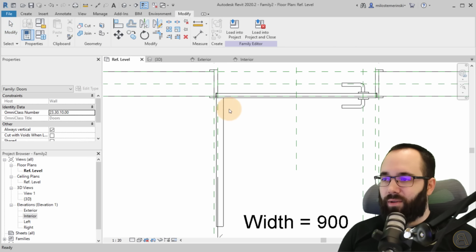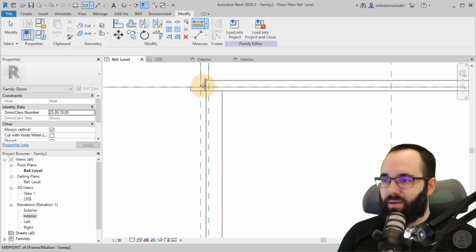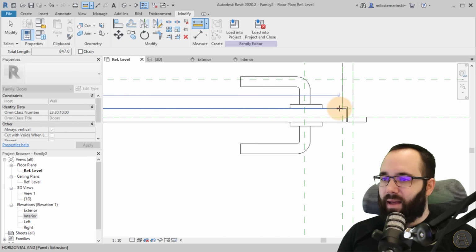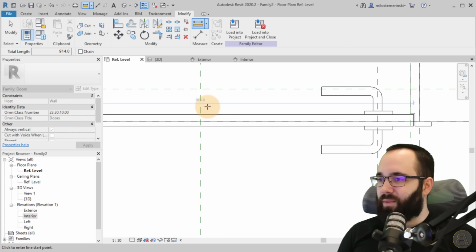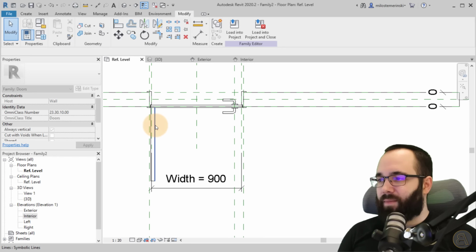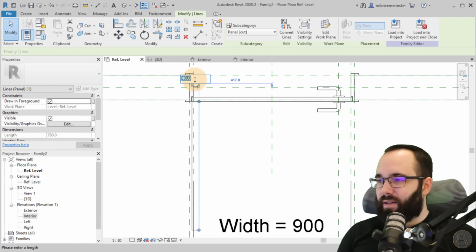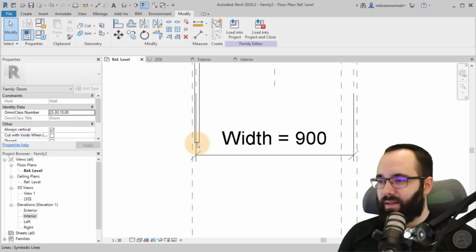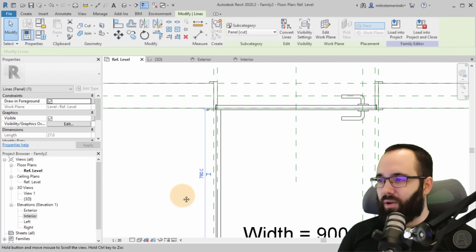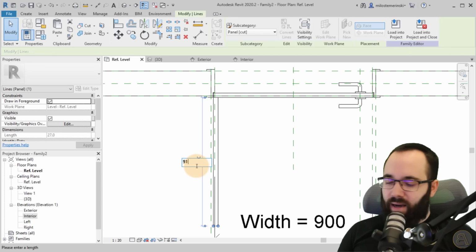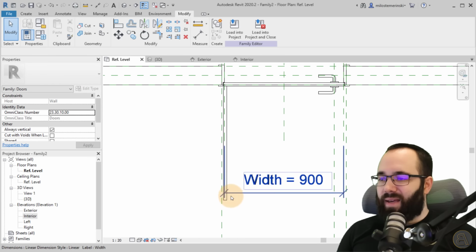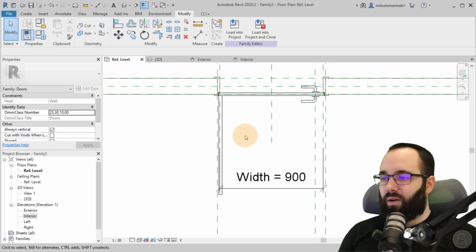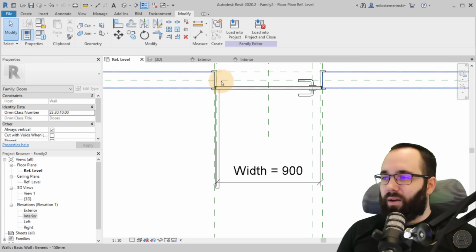Now, I don't really know the dimensions of the panel right now, so I'm just going to measure. So the thickness is 27, and the length is, what is it? 914. Okay, so this was 27, and this is 914. Okay, so once we have this panel in place to the current width of the door, or the width of the opening of the door,